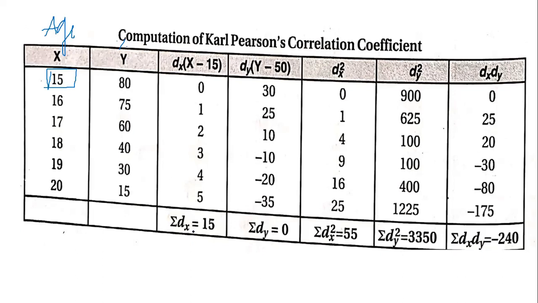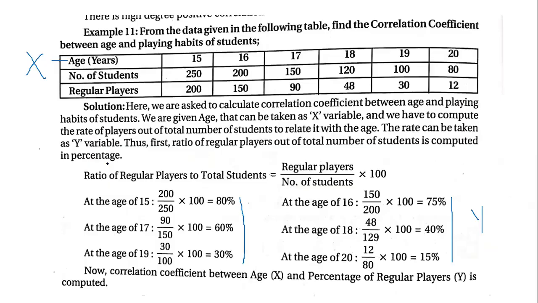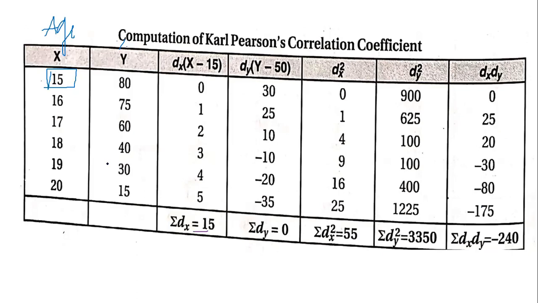So summation dx is 15. Next, for dy, the value which they have considered, they've considered some value out of nowhere. Just hold on a second. Okay, this value is not 50. I think they were supposed to consider 80. 50 is not the value here. Do not consider 50 because you don't have 50 at all here. You can take any other number. You can take 80 or you can take 40 and you can calculate. There's some typing mistake from the textbook.